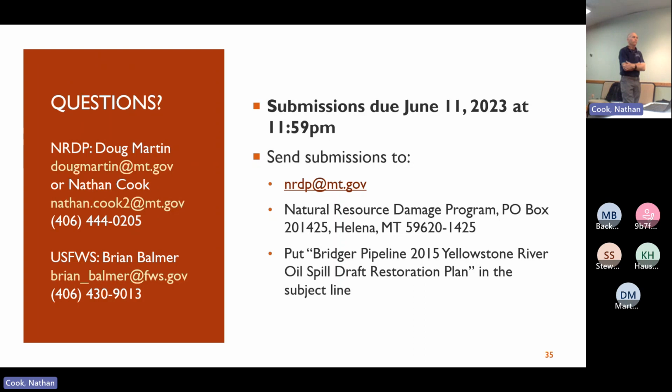That's some flexibility that we've learned is valuable in the process, because it works well. I know there's other funds, and I can't remember the project, where they're trying to create more access sites. Is there any coordination between this project and those projects to create more access? There is, yes. When we were developing this restoration plan, we did look at those documents, and those